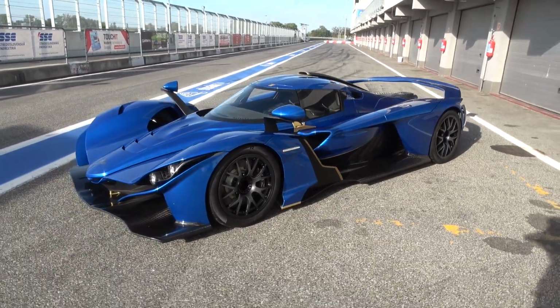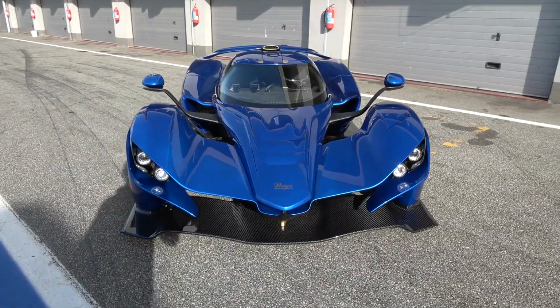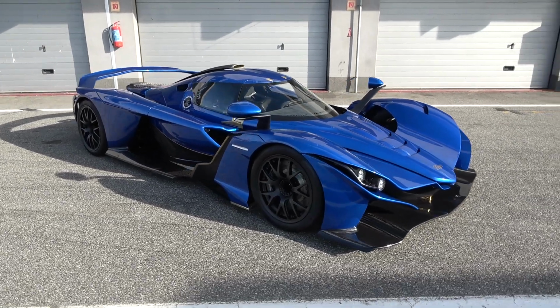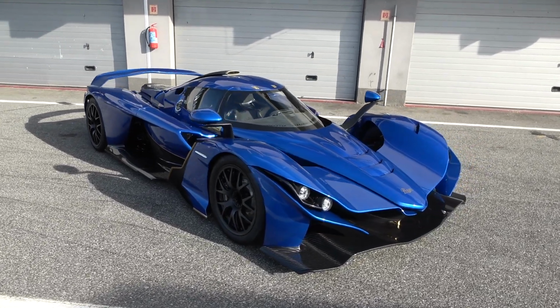But this is Praga bringing to life a production road car, something they did a bit of a study with about 5 or 6 years ago with the R1R, taking their R1 race car, which has been in service for around a decade, and building a road variant. This is now the production follow-up, we could say, with the Bohema, named after the region of Bohemia, Praga being